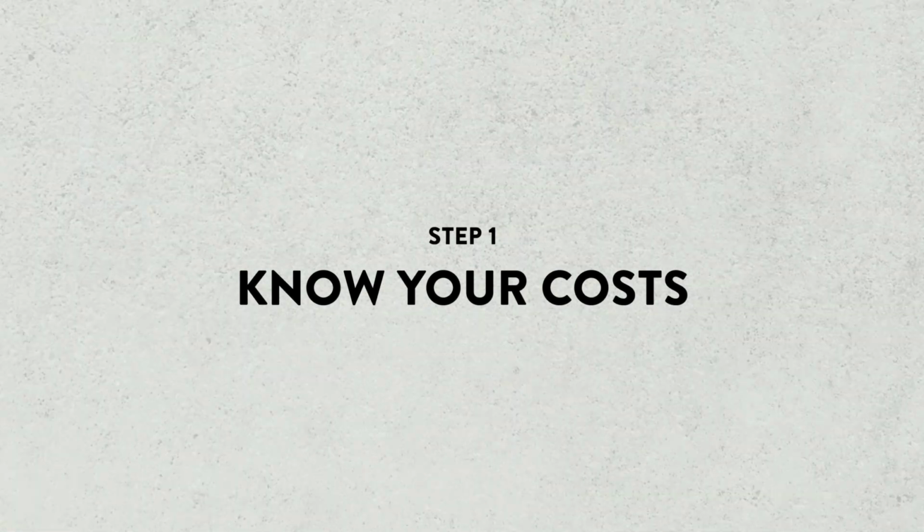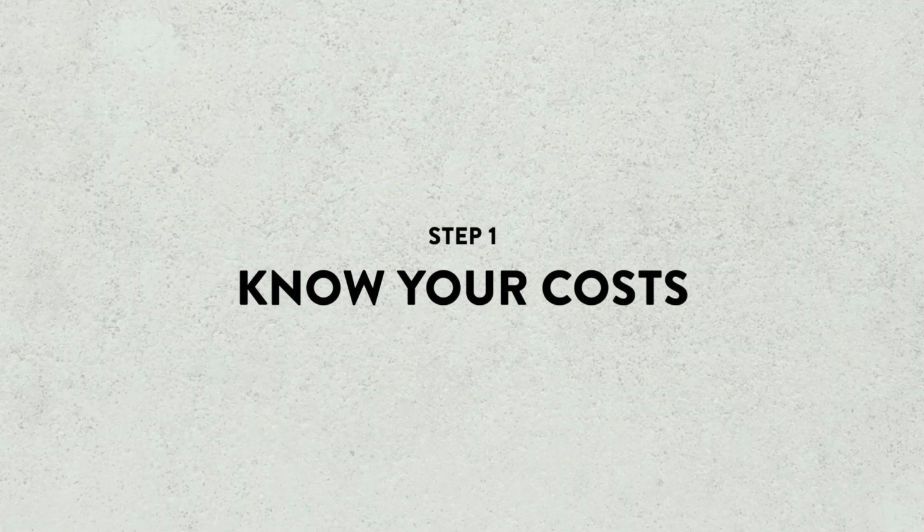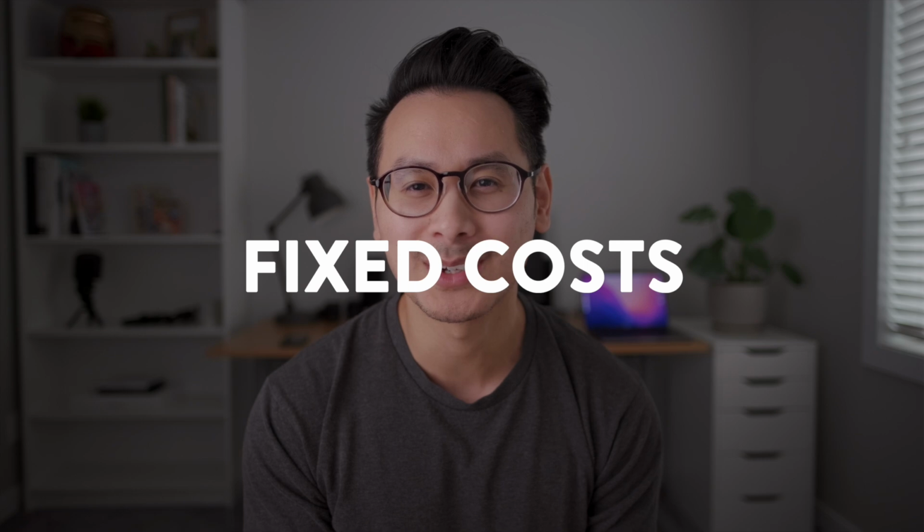So before getting into all that good stuff with the pricing, the first thing you need to figure out is your costs. So we're trying to run businesses here, right? And one of the things you absolutely have to figure out first is your costs. It's like a super important number that you kind of have to have ingrained in the back of your mind because it impacts so many decisions in your business. So there's two types of costs. There's something called fixed costs and something called variable costs.